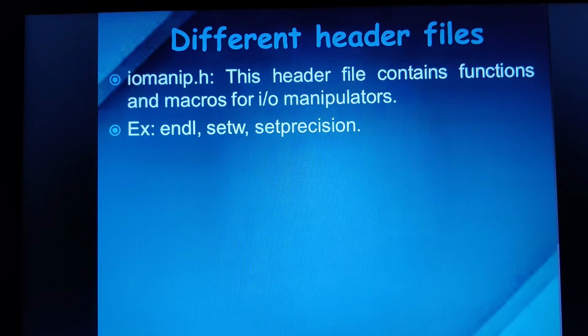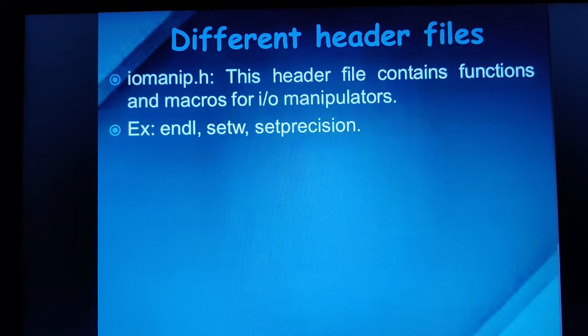Then we have setw. setw stands for set width in the output statement. Suppose I want to display sorted numbers like 10, 20, 30, 40, with at least one space gap between those numbers. This is the correct format for displaying the output.